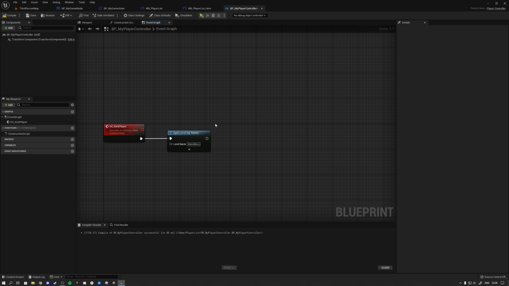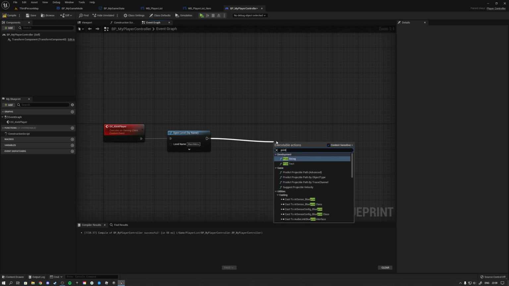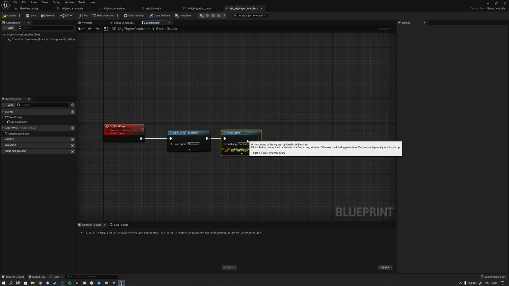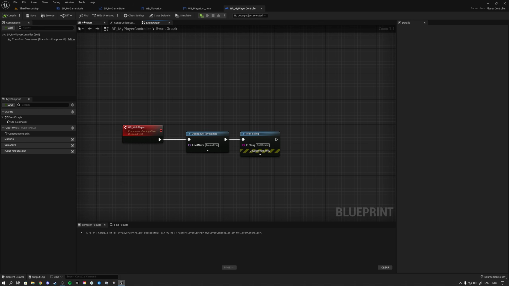I haven't set up sessions for this example, so I'm going to leave it out. But if you use sessions, make sure you set that up. And let's also just print "got kicked". Okay, there we go. So now that this event is installed inside of your player controller, you can go back